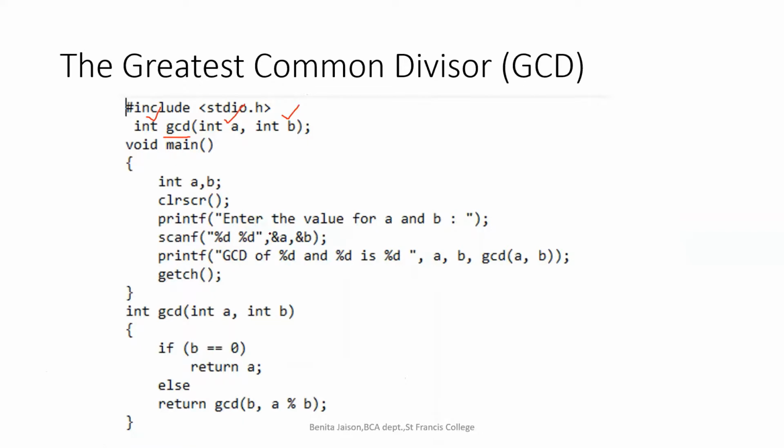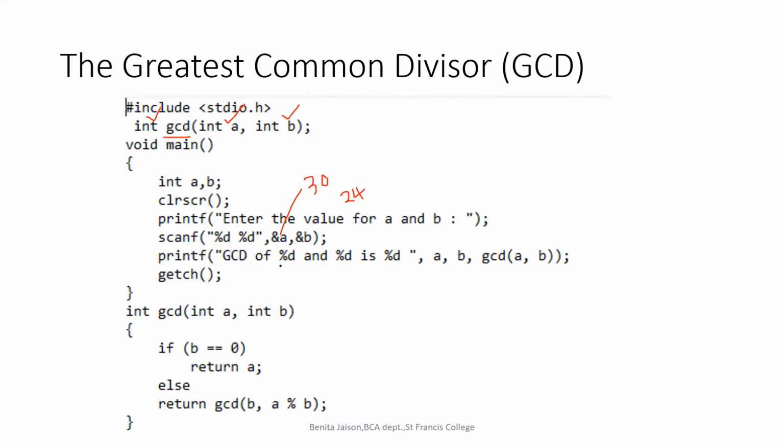So here enter the value for a and b. You are asking the user to enter. So suppose I entered value of a as 30 and value of b as 24. So what will happen now? We are going to find in the next line. I'm just calling. We are not making a function call from here. Just see one small difference I made over here.